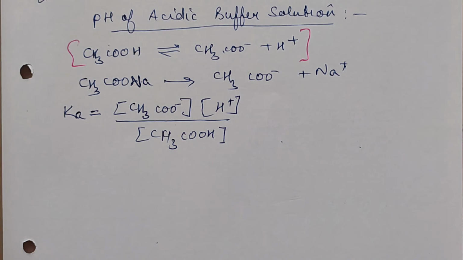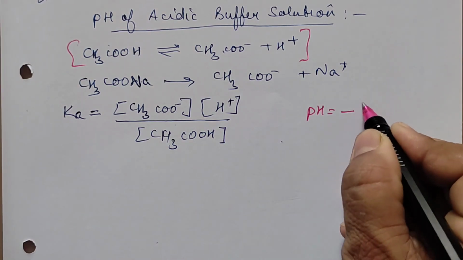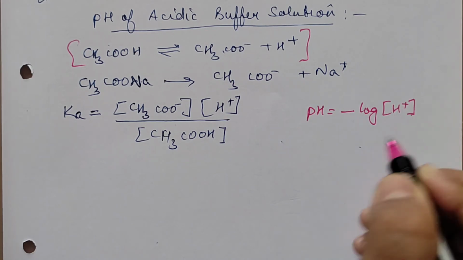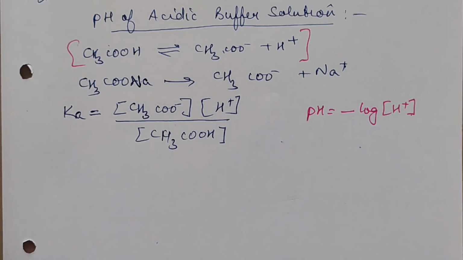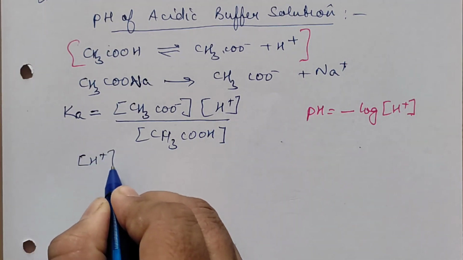Right? So you got that Ka value first. Now this Ka value will help us in finding out the pH formula. So let us write down separately what the pH formula is. We have learned earlier, pH is equal to minus log of H plus concentration. So we need H plus. What is H plus from here?